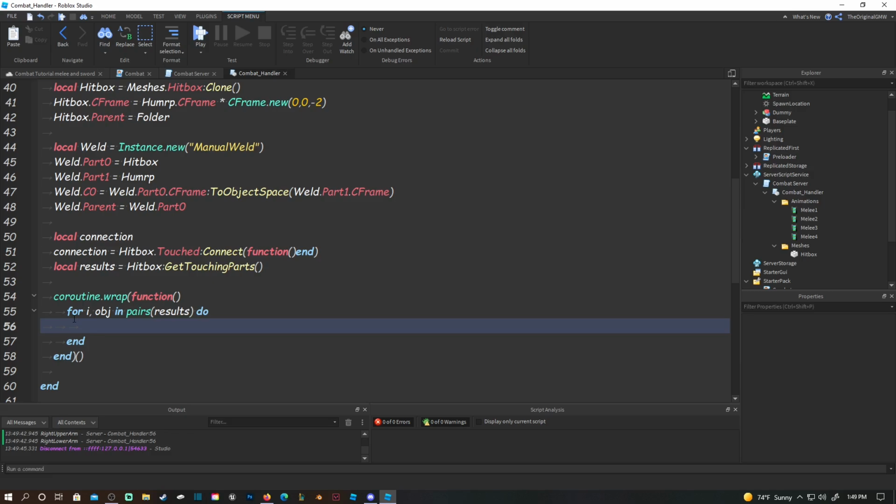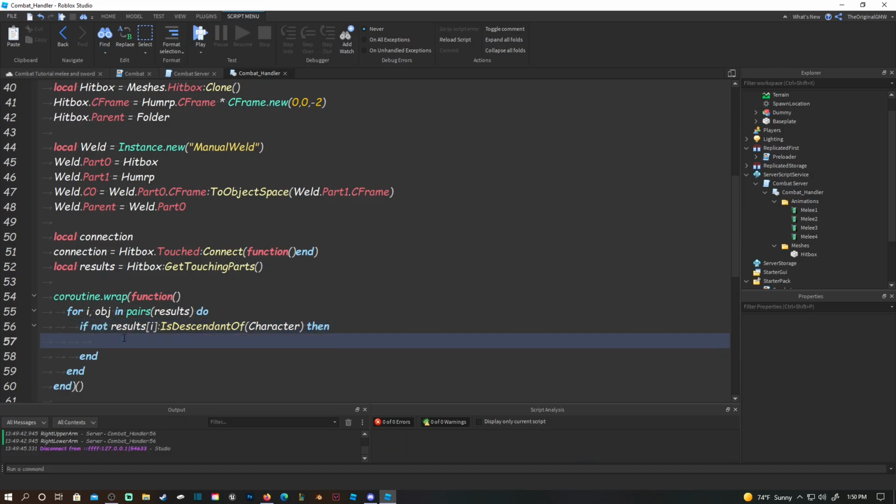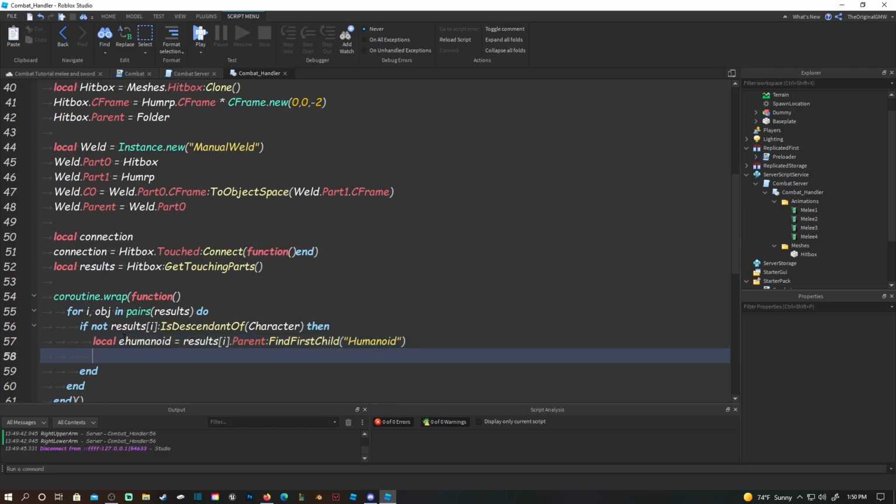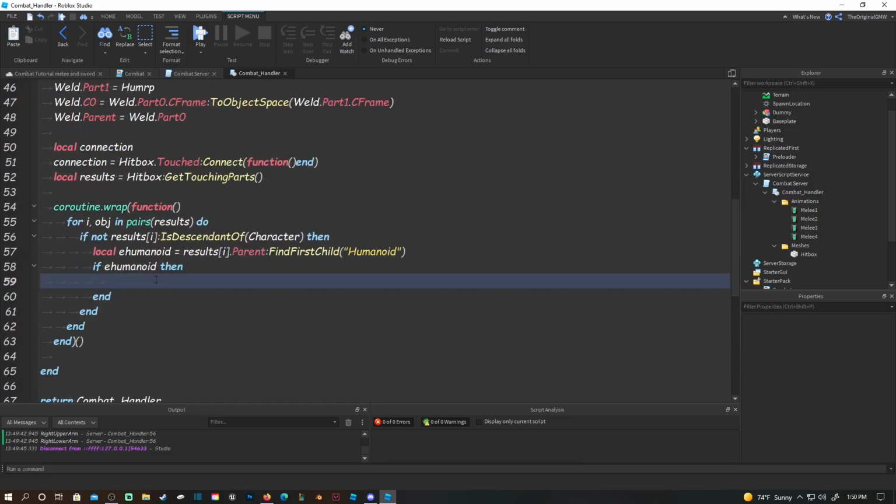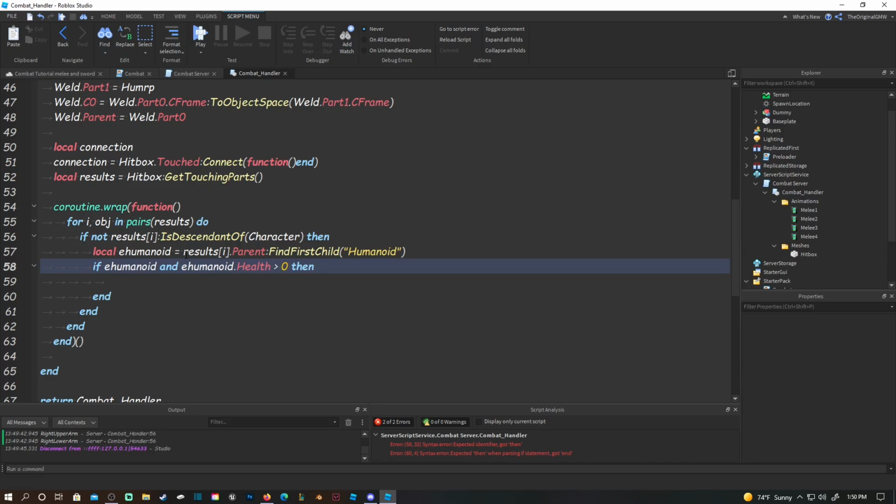Now we're gonna check if not results I is descendant of character. So if it's not any part of our character, right, then it could continue. Next we need to check local e humanoid, so enemy humanoid is equal to results I dot parent find first child humanoid, and if e humanoid, then, so if it does find a humanoid of the enemy and e humanoid dot health is greater than 0, then